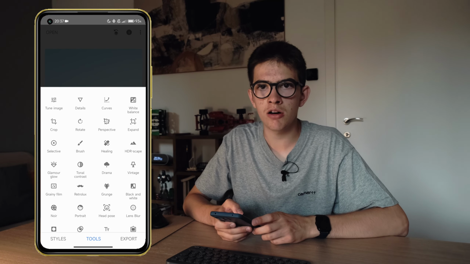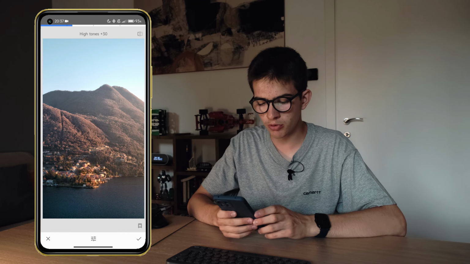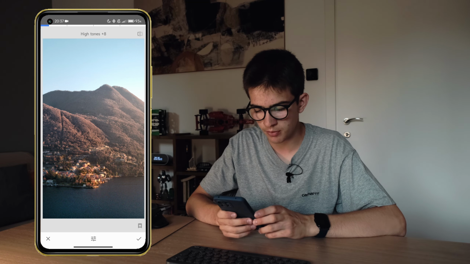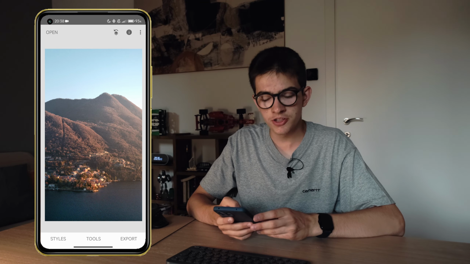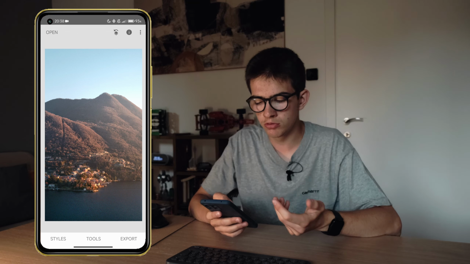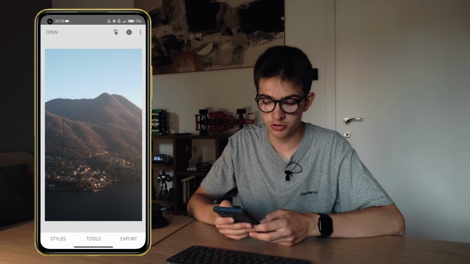Let's now talk about the last tool I've selected, that is the tonal contrast. With this one, you can work on the contrast of some areas of your pic. Now we have seen all the most important tools in Snapseed, and as you can see, there's a huge difference from the before to the after.